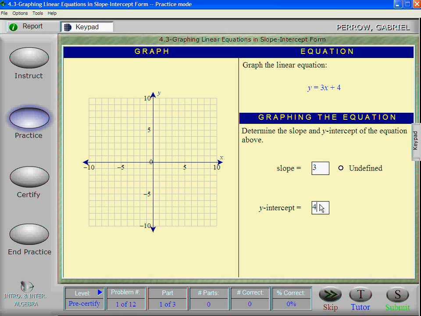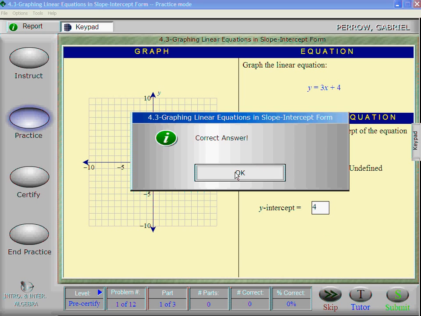Sometimes these equations aren't written so that you can grab that information right off. Maybe you have to use a little bit of algebra in order to find those pieces of information. So you can say submit, say OK,